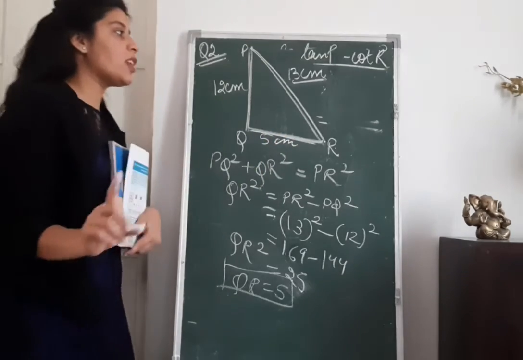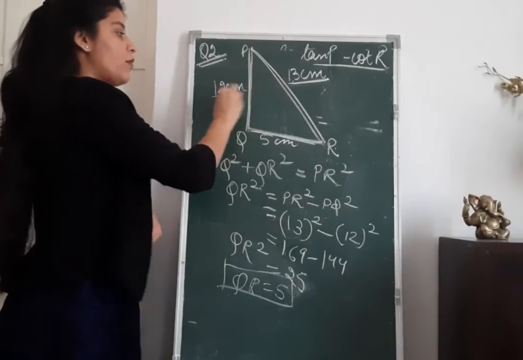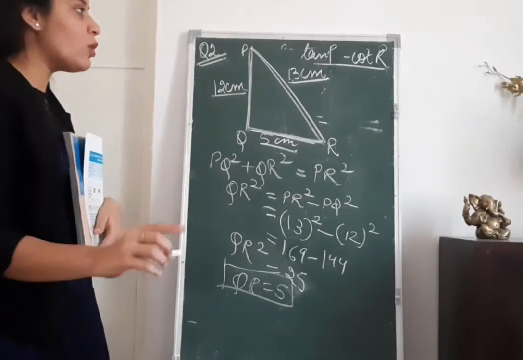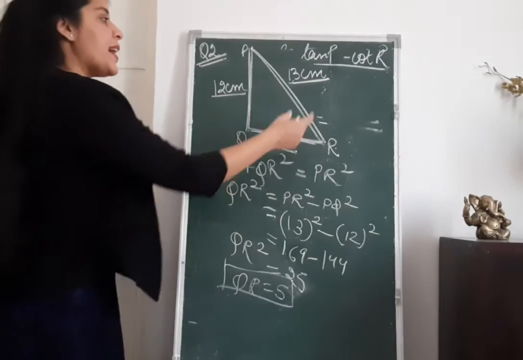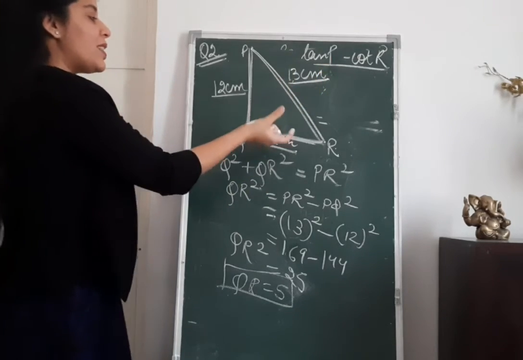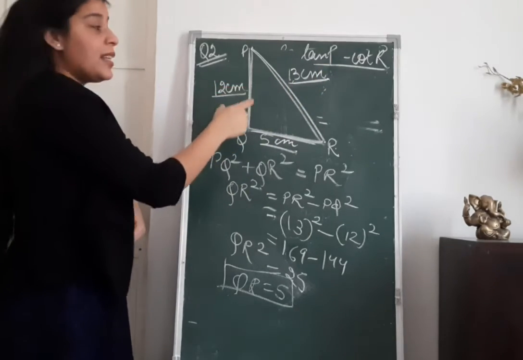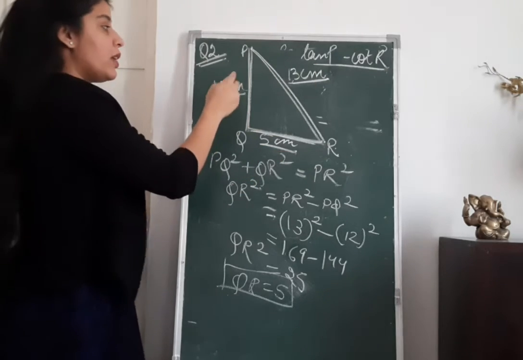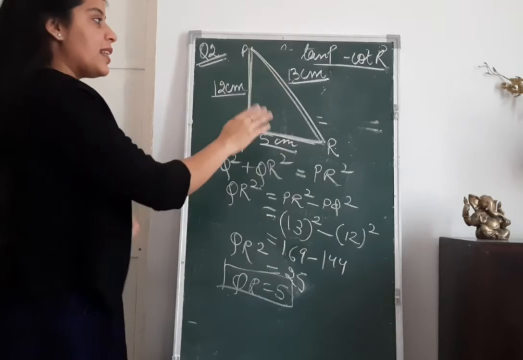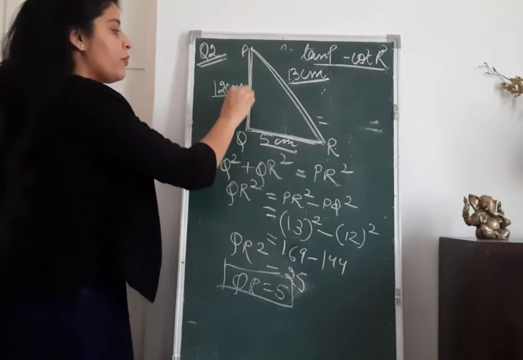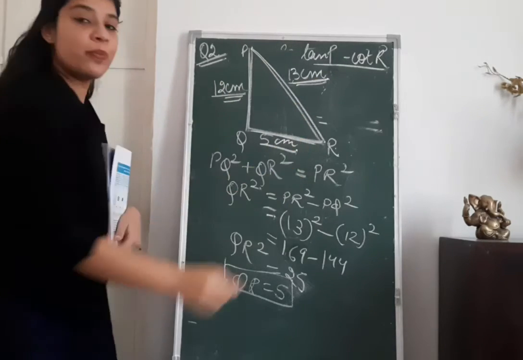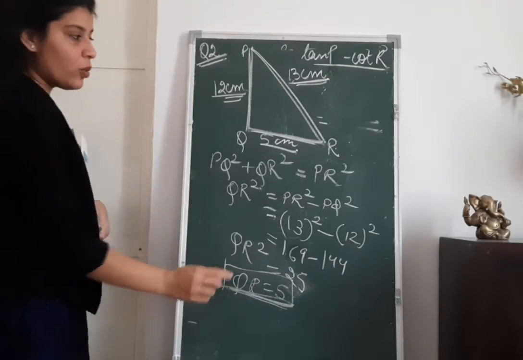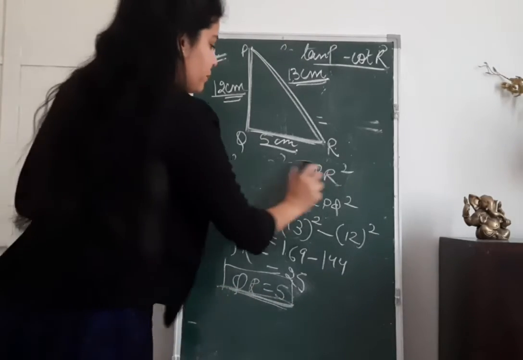See, before solving the question, check whether the units of all the sides are same, right? Sometimes to confuse you in the exam, they can give this quantity in meter and this in centimeter. Then in that case, please convert them all to either meter or either centimeter. The unit of all the sides should be same. Okay? Now I have got QR is what? 5 centimeter.